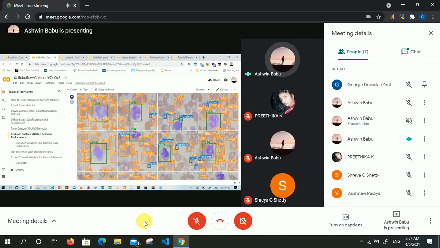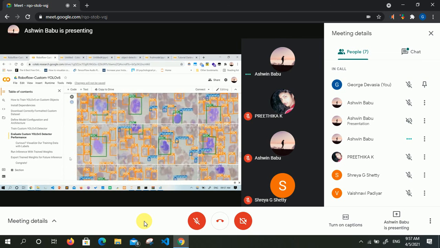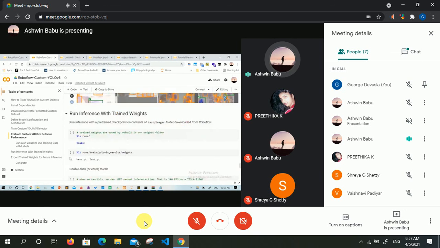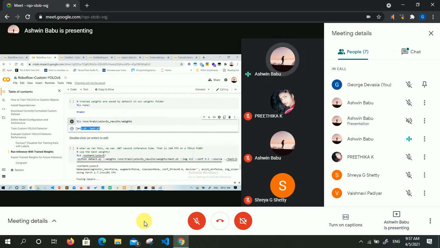In this, I am using another network. You can see a lot of classification done. So now we have got best.pt and last.pt. These are the last two weight files that we have generated. As I told, once you train the neural network, finally we need to get the weights.